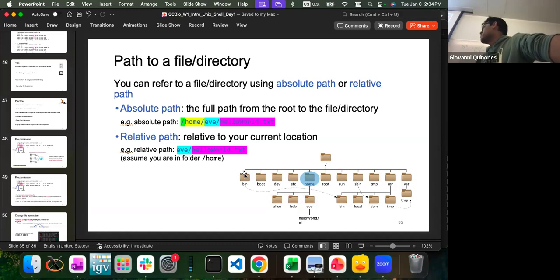And from here, you have all these different folders: bin, root, dev, etc, run, and so on. Of course, you don't need to know exactly what these folders are. What you need to know is that all these folders are what make your environment work. This is your base environment.